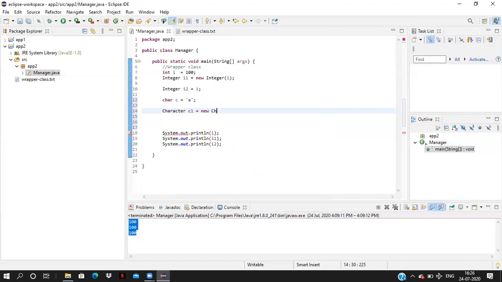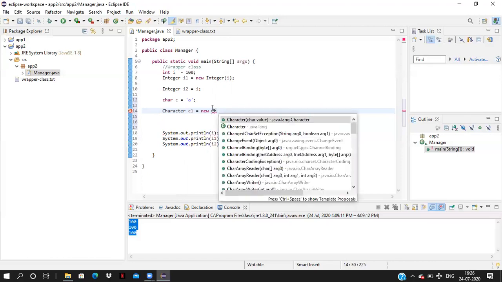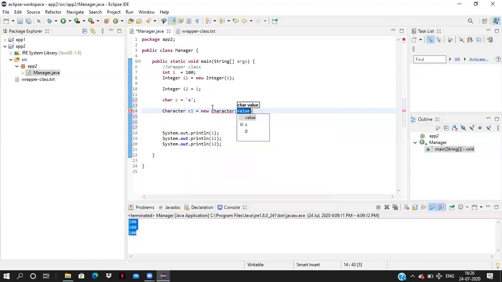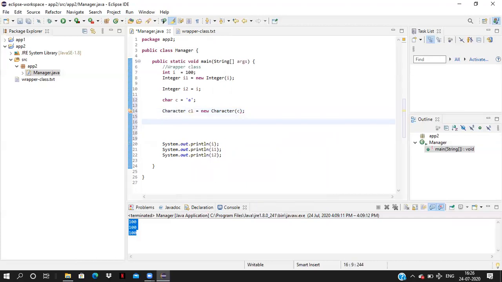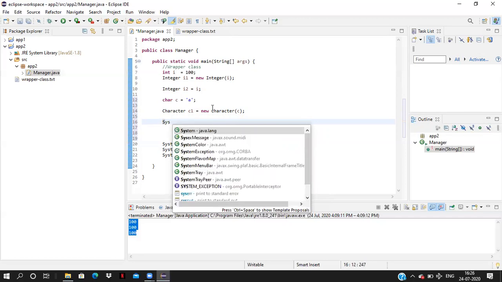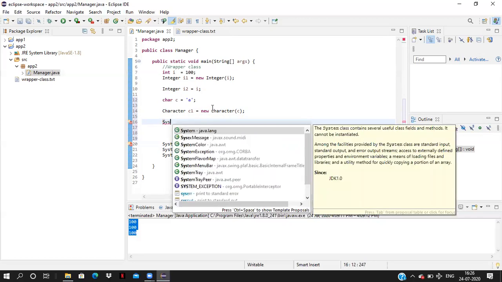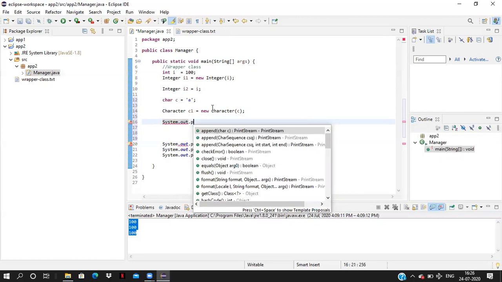New Character. Control space, it will show the Character constructor. It is taking the value of a constructor, char or Character value. Now System.out.print.